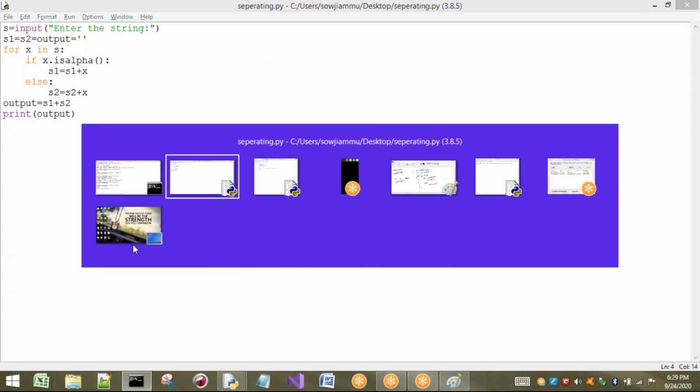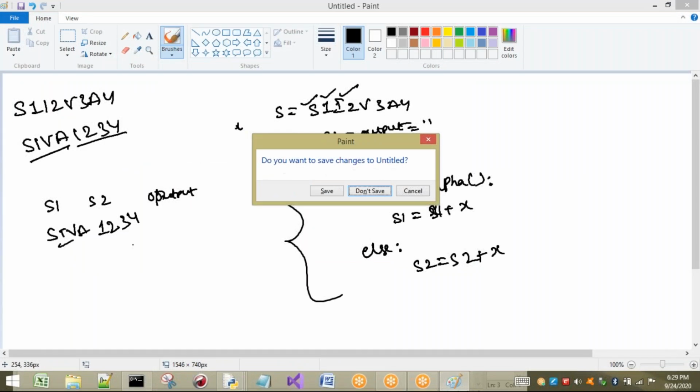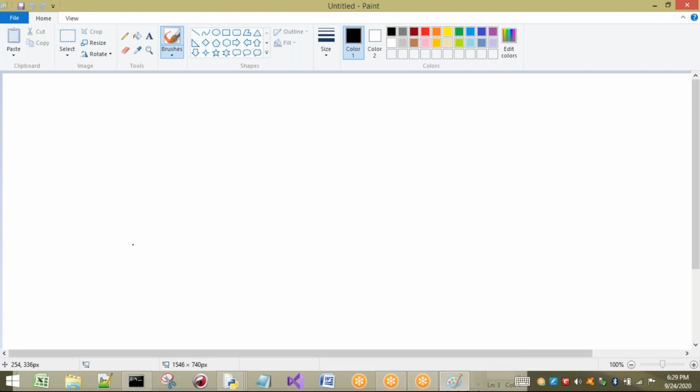Now one more example I am going to take. Already yesterday we have seen this type of example. For example, this is the input I am going to take. What should be the output? Yesterday we have seen two cases. The first case is reversing the entire string.